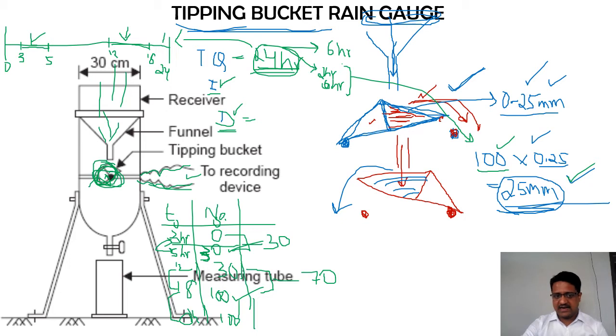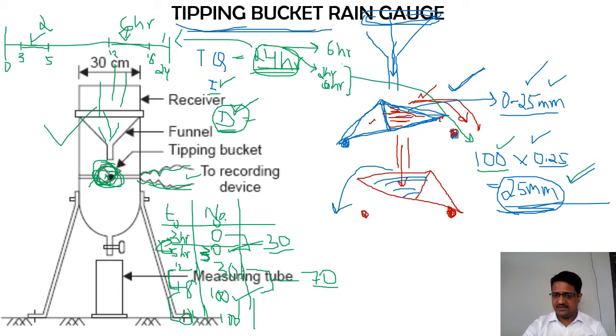that's why it has remained 100 only. So now with respect to this, what you can check is when these number of tippings are being observed, what is the time duration. So with this table you can check the first rainfall was of 2 hours, 3 to 5, and the second rainfall was for 6 hours, that is 12 to 18 hours, in a 24-hour period. So this is how you can get the duration of rainfall from the tipping bucket type of rain gauge station.